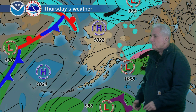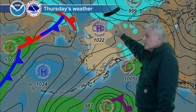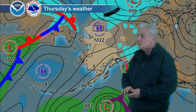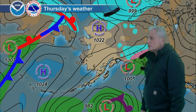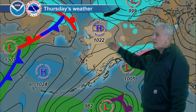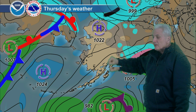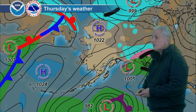And then for the day on Thursday, high pressure holds out here over the Bering Sea, keeping this system to the west and directing it up to the northeast there. And another center now developing over the Brooks Range area will keep the winds going on the eastern Beaufort Sea coast. In fact, there are gale warnings out for the eastern Beaufort Sea coast for 40-knot winds, Flaxman Island to Demarcation Point on Wednesday, due to the gradient of this higher pressure over the North Slope, and then that low off to the northeast there. Otherwise,